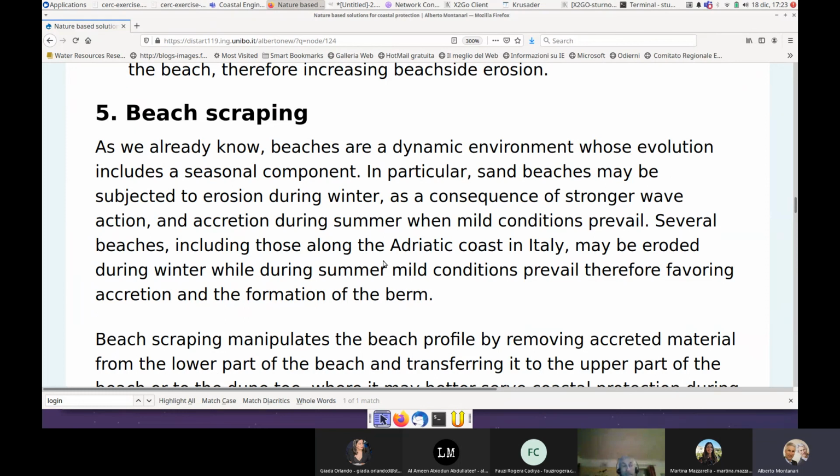In particular, in the Adriatic Sea, they happen during the winter, while during summer there are milder conditions that favor beach accretion. So the idea is, okay, during winter, let me take the sand back. Scraping means precisely taking the sand back from the